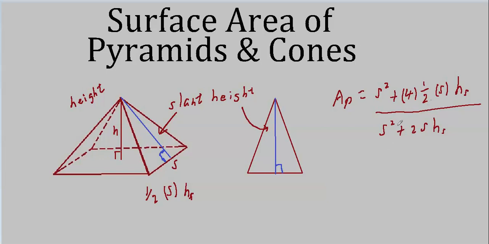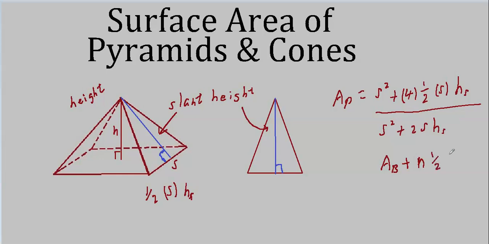And of course this part here, this is just the base, right? So we could write a sub b for area of the base, whatever it is, plus. Well, this is where it gets tricky, because the base might be a triangle, a pentagon, hexagon, any n-gon. So we're going to have to take the number of sides. We'll have one triangle for each side. We've got 4 sides here, so we have 4 triangles connected. If we had a pentagon, we'd have to attach 5 triangles. They'd all lean in and meet up right here at the vertex. So it's n times